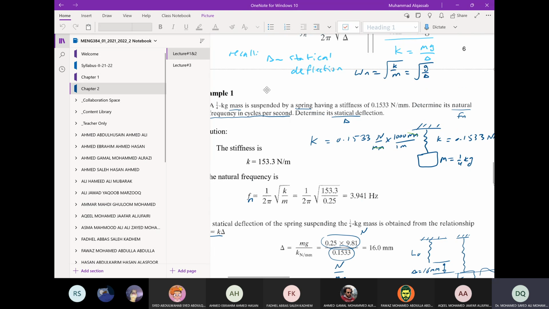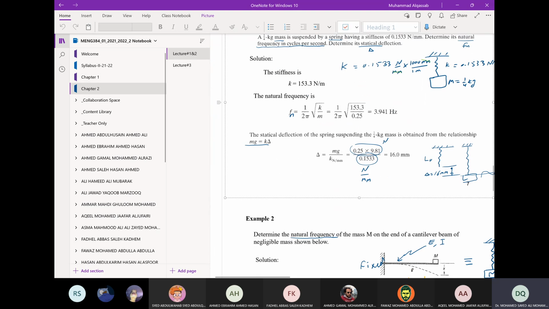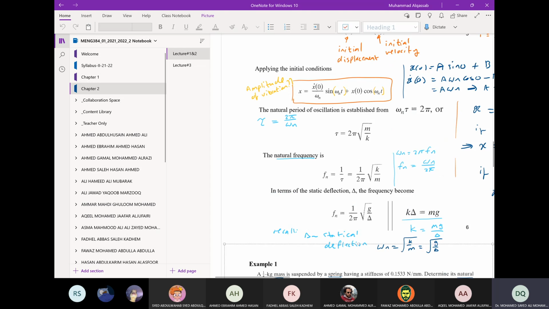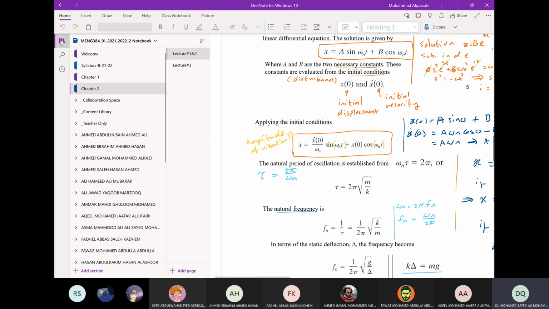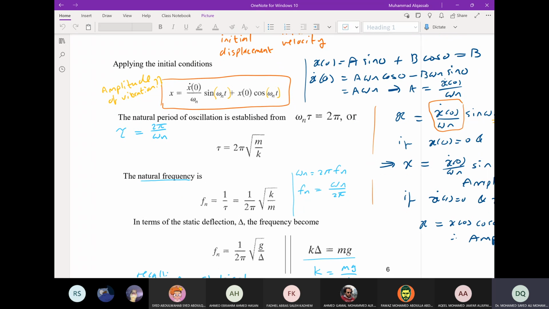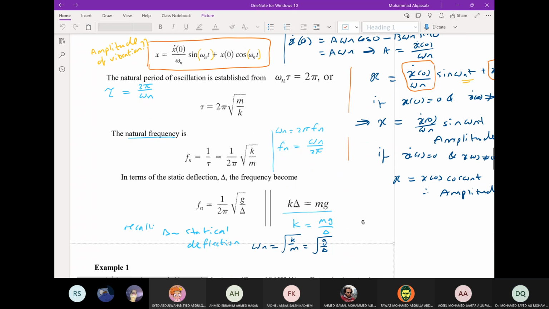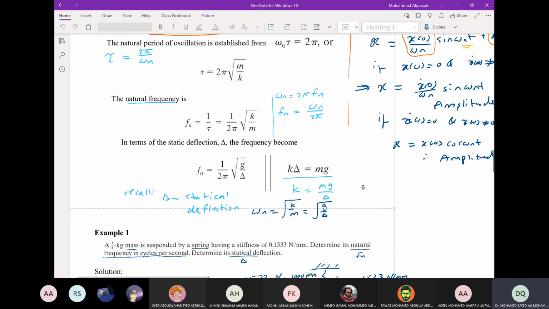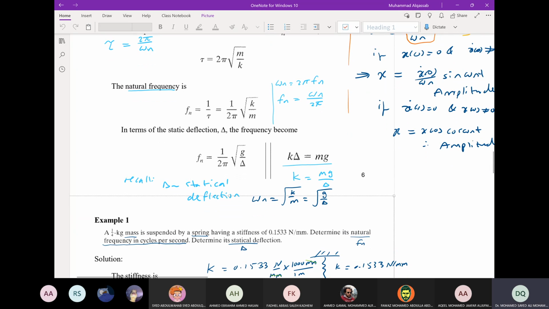Okay, so last time we reached example 3. We derived the equation and then we solved it, and we obtained the amplitude as well. We said that this type of system is going to be moving in harmonic motion, and then you can find the period of oscillation, and you can find Fn. Fn is 1 over 2 pi square root of k over m,